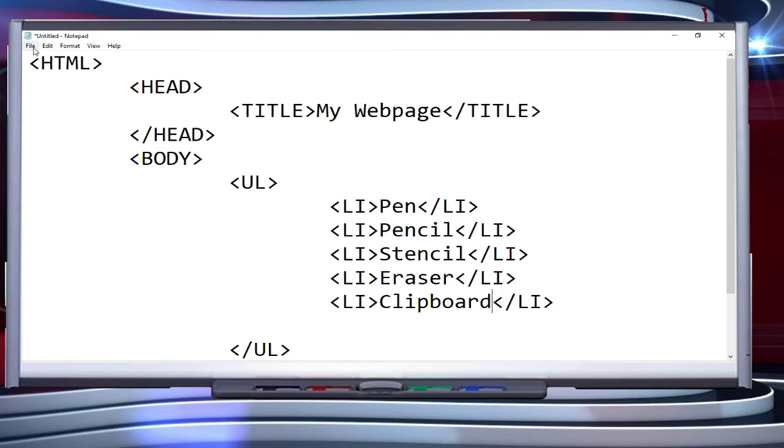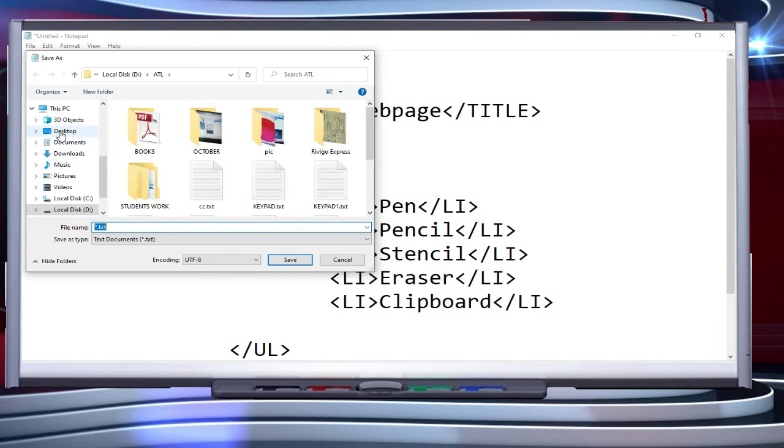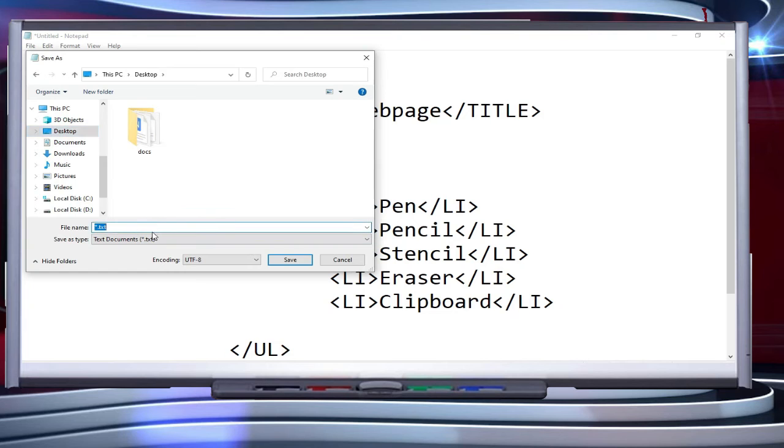And after completing all this, I will be saving my file. Let it be on desktop. I'm naming it as class 8.html. Now here there is an error which I have intentionally created for you, which is a gap. If you are inserting a gap in between the file name, then it won't be accepted and won't be recognized.